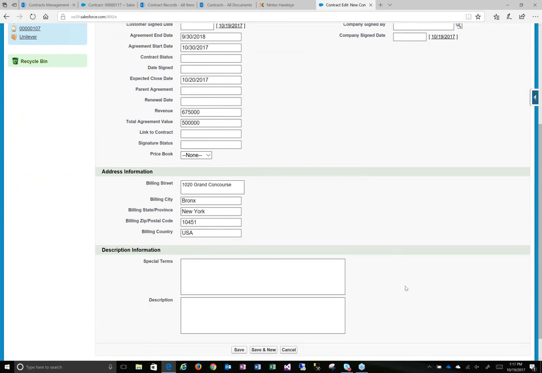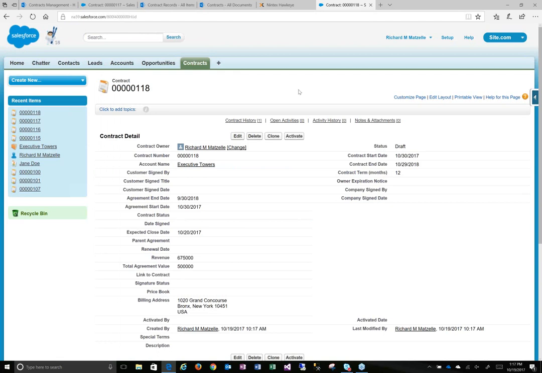So I'm going to hit save and new. I'll just hit save. There we go. So now we have our new contract record. Excellent. Great. So that's it, right? The sales process is effectively done, right? We've gone through the process of gathering our account. We set up an opportunity in here. And then at some point we were ready to go with the contract,